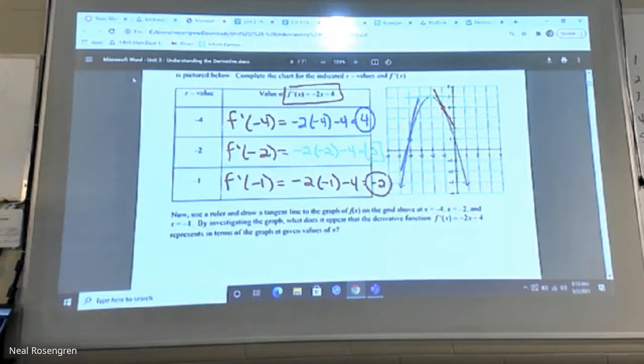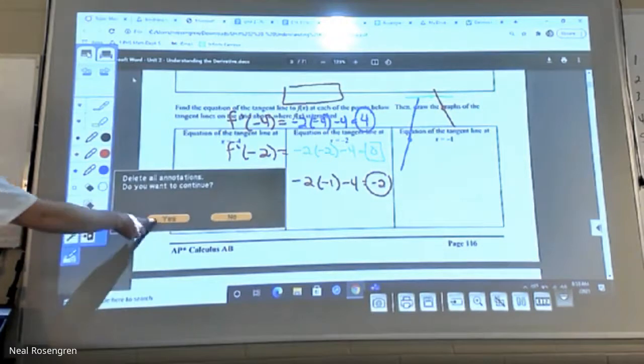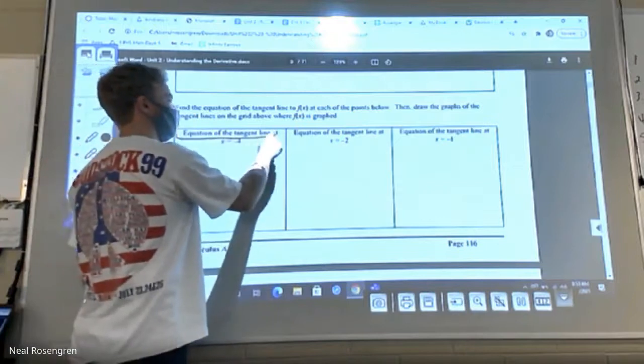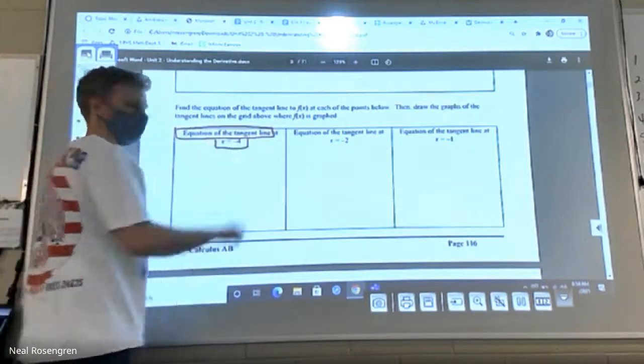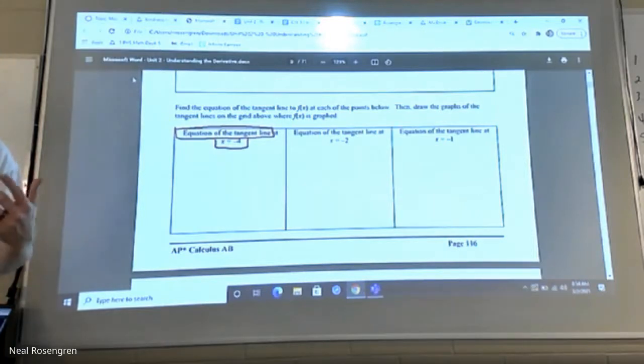Now we can use them at the bottom of page 116 to actually find the equation of the tangent line, which was kind of our first initial issue. That student was sitting there and said, how am I going to figure out what this line is if I only know one point? Well, if I want to know an entire equation of a line, I know the x value. So that's good. What's a good way to write the equation of any line as easily as possible, with as little work as possible? What's a good setup?